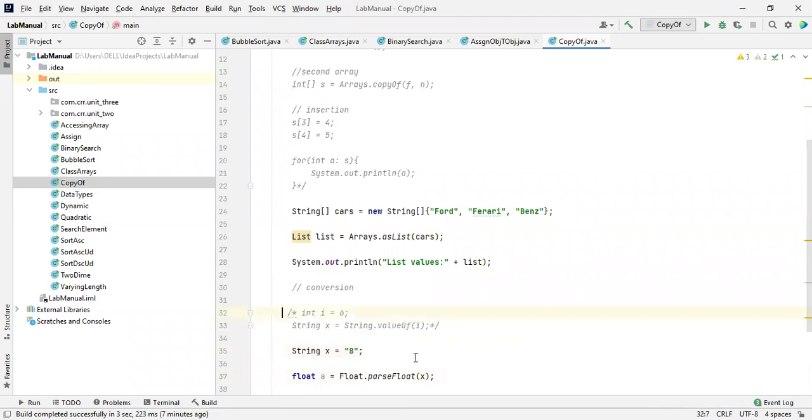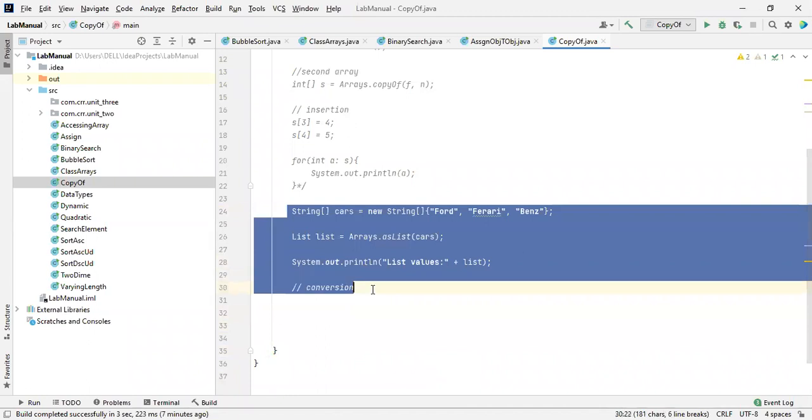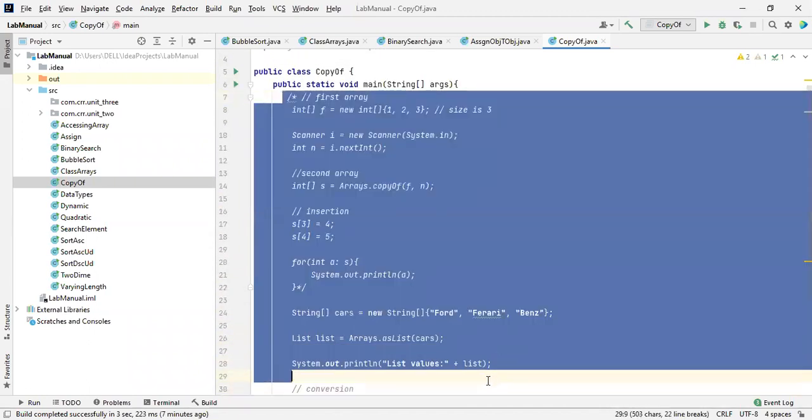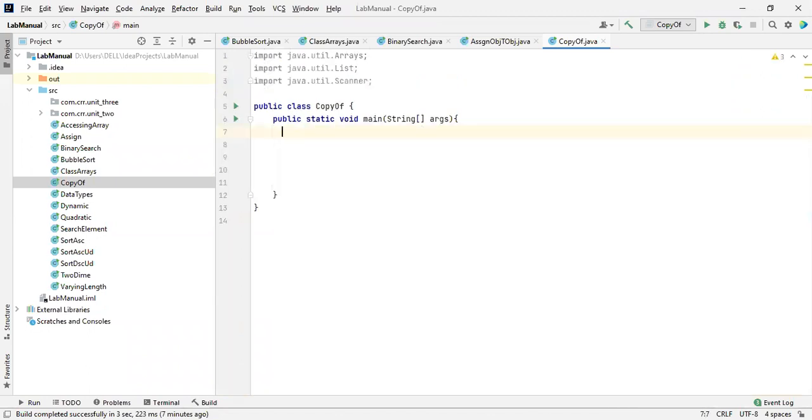Let me delete this. Why can't we delete everything? Okay. Let me declare an array. No, I will copy that one.